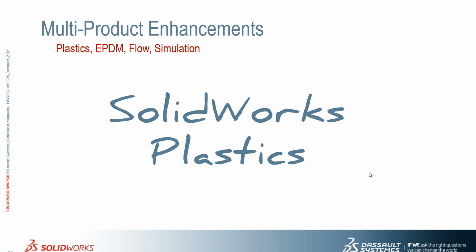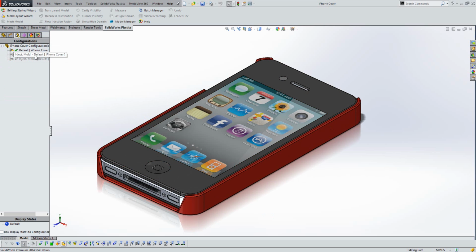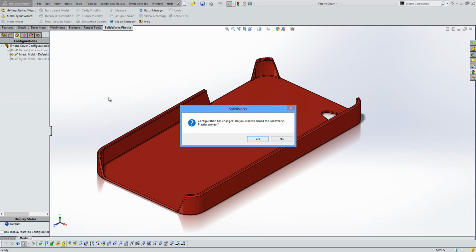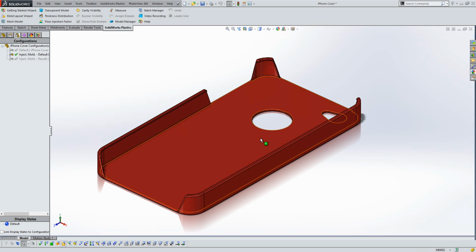Okay, so I'm going to take you through some updates to SolidWorks Plastics now. On the screen here we have an iPhone with a case attached to it, and we'll just take a look at a particular configuration that just has the moulded case in it. So we'll just reload that project up like so, and we'll go straight in and take a look at the